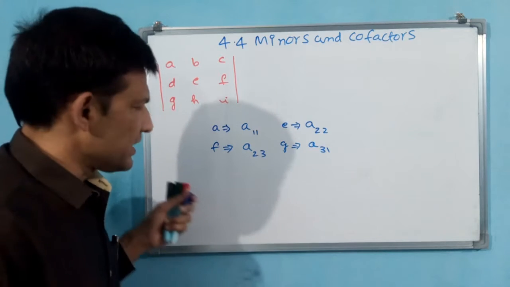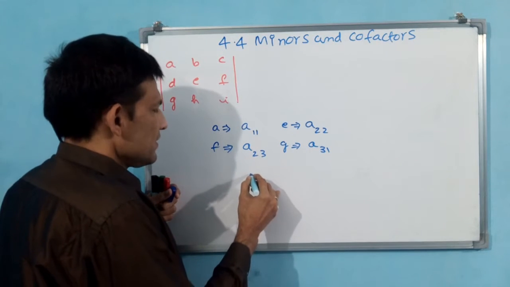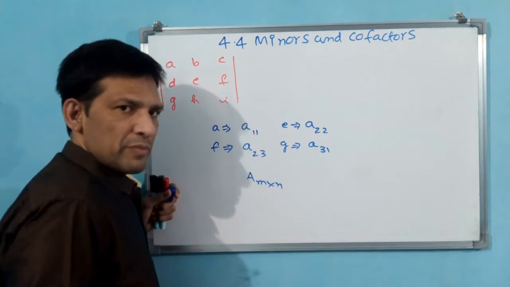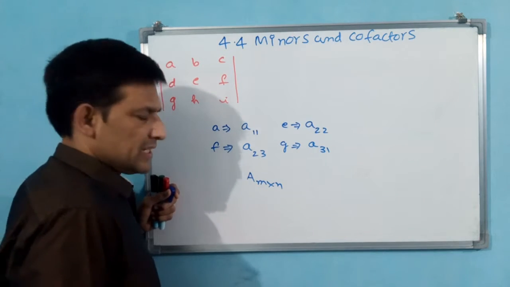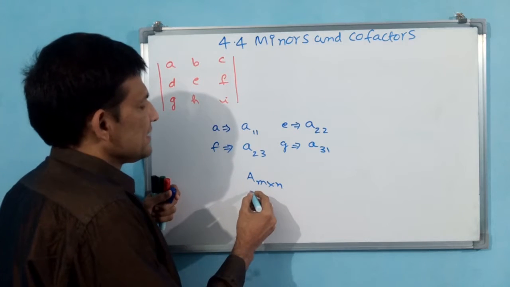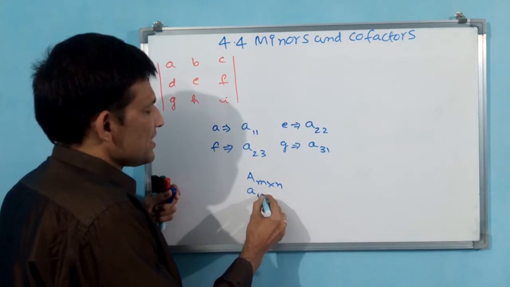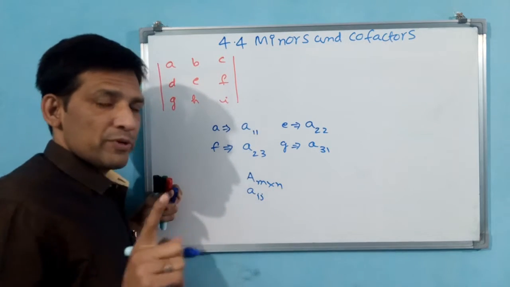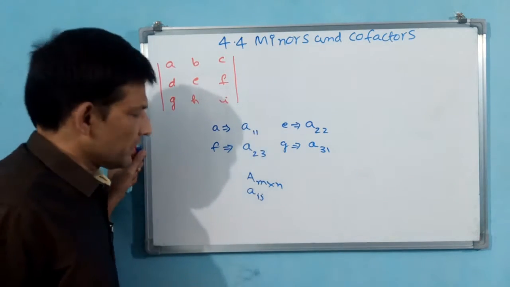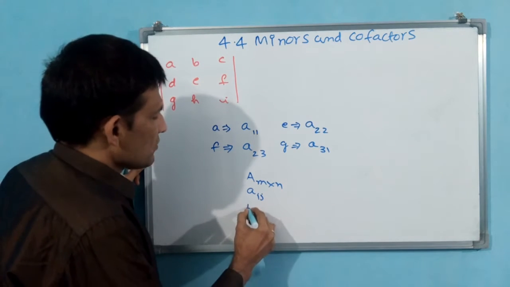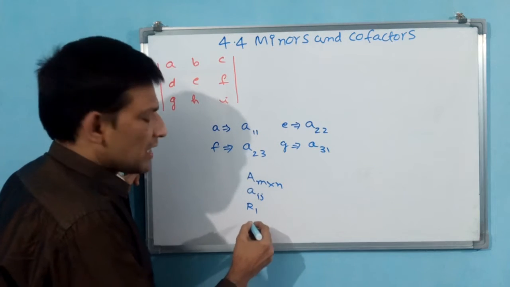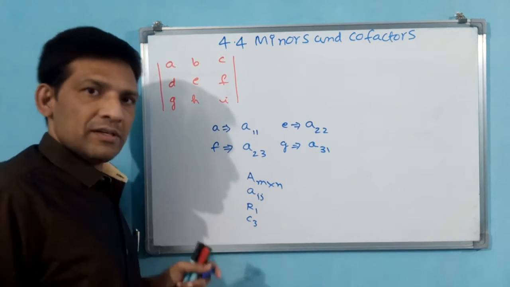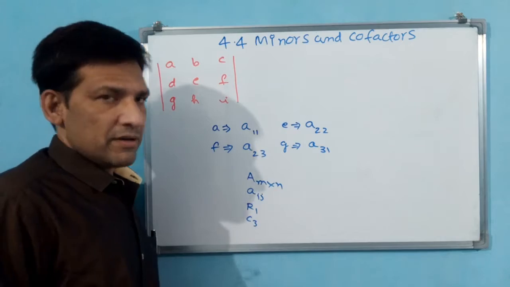You see, the logic is simple here. If we have a matrix of order M by N, M into N means M by N, we show this representation. And for element Aij, only Aij we write, I into J we don't write. That you have to keep in your mind. Rows we will show like this, R1 or R3, and columns we will show like this. These notations and alphabets are already fixed.